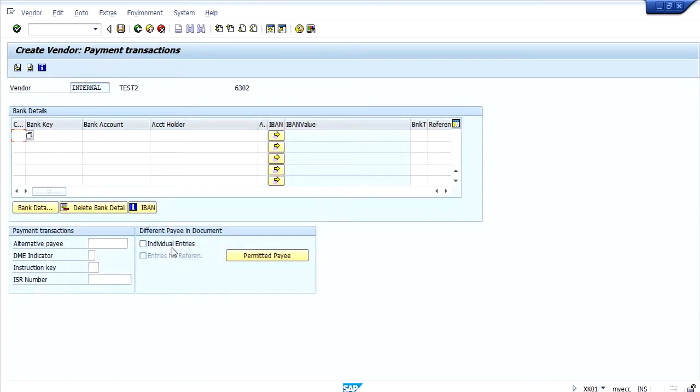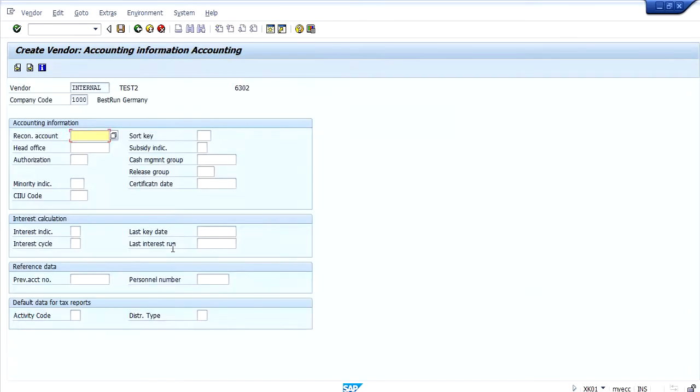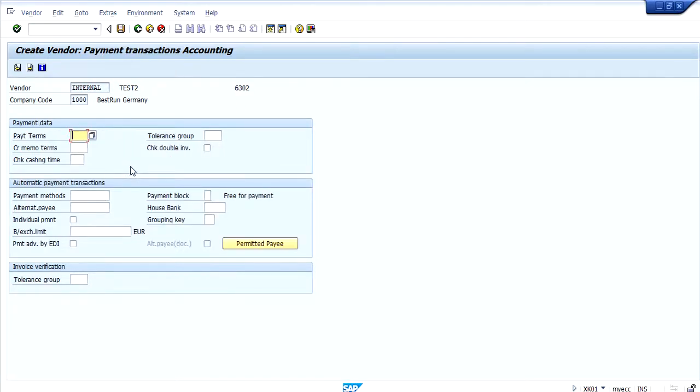If we proceed further, the reconciliation account, which means whichever account is maintained here will be taken as the GL account that needs to be cleared for the WRX account during the time of invoice. So in order to nullify the WRX account during the time of invoice, this reconciliation account will be taken as the GL account for KBS.